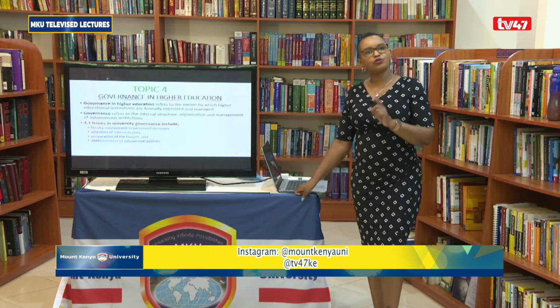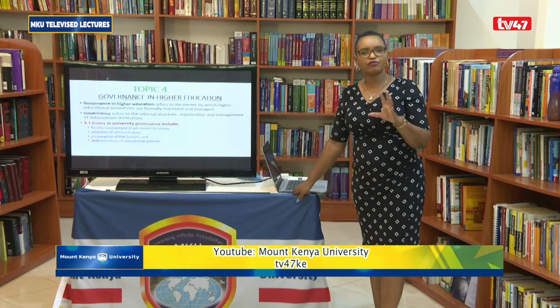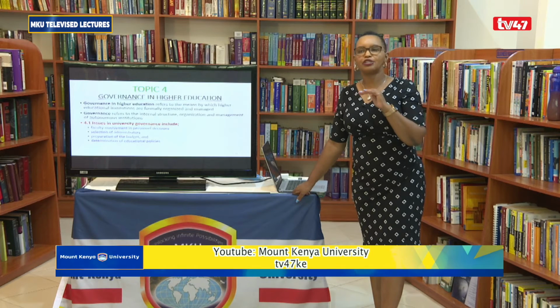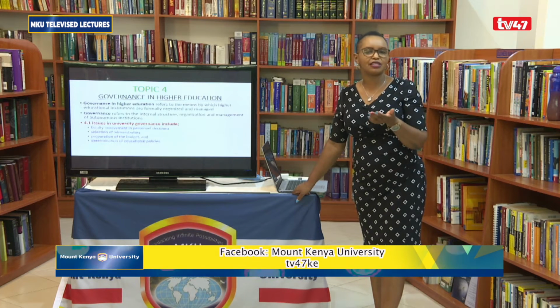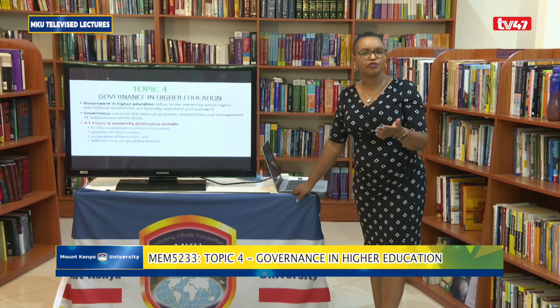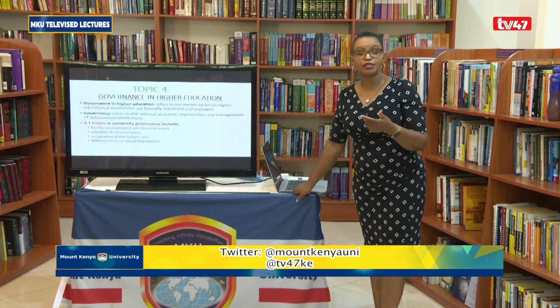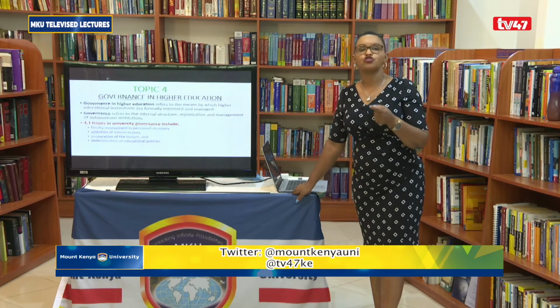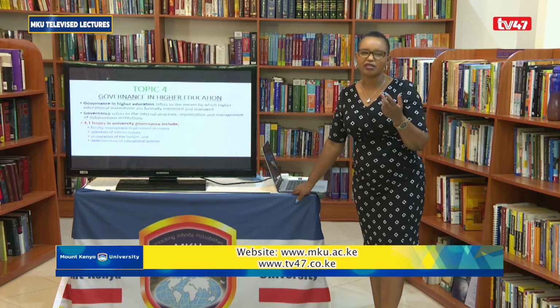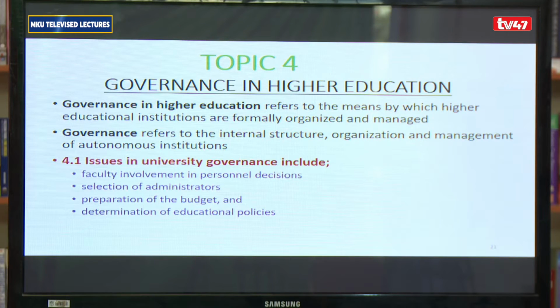And therefore, it's good that you listen to this question that I would like, as I said, you come up with examples of these structures and at what level, which, for example, is the work of the Senate. What do they do? What is the work of the BOM, Board of Management? What do they do? At what level do they come in? And maybe we'll discuss more, especially when we go online. So for each one of us, maybe this one could also be what I'll be giving in your cards, that I would expect us to come maybe with 2 to show how well we understand the same.